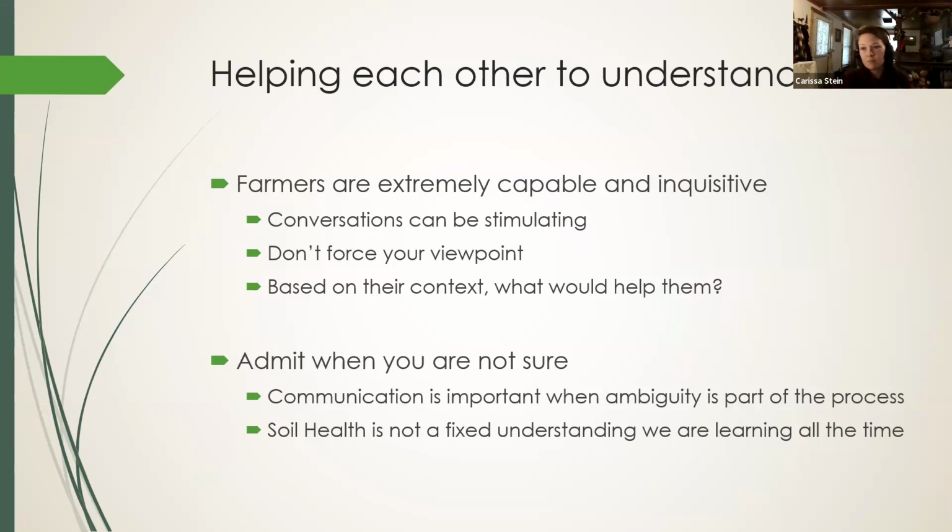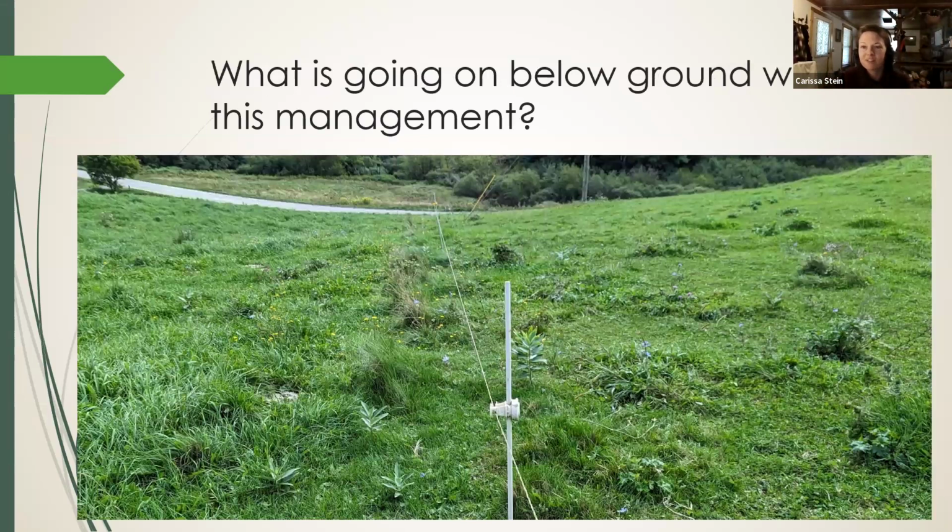All right, switching into some farm situations, like practicality. So what is going on below ground with this management? You're welcome to answer in the chat, but from a soil health perspective, some of the things that we could toss out there: